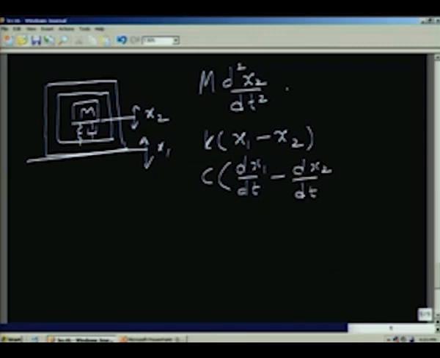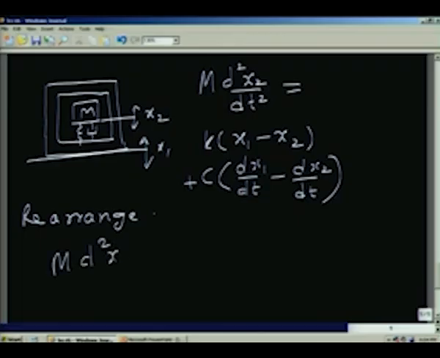So, this is equal to this plus this, that is all what the problem is. Okay. m d squared x2 by dt squared equals k into (x1 minus x2) plus c into (dx1 by dt minus dx2 by dt), and we can rearrange it in the form of a second order equation: m d squared x2 by dt squared plus c dx2 by dt